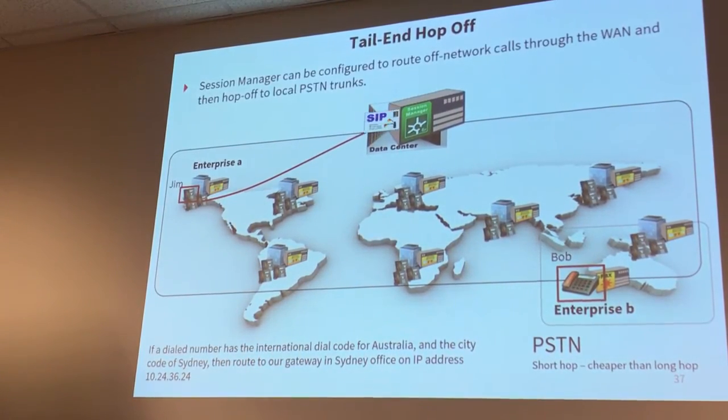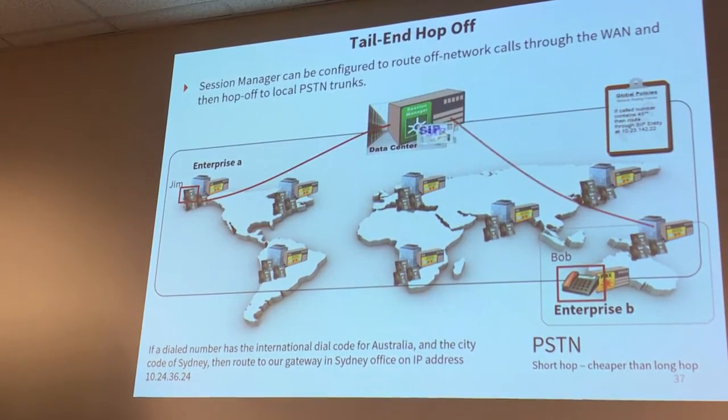Tail end hop off. So this is actually not something that's new. Tail end hop off is pretty much the capability of routing a call or a request through a non-expensive network, and at the end hop off to a more expensive network. So in this case, notice that Jim in North America wants to call Bob, who's in Australia, and instead of